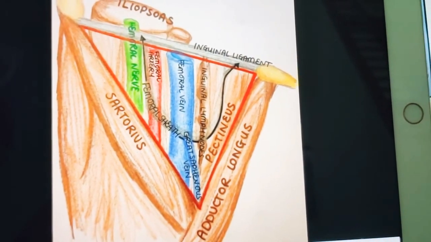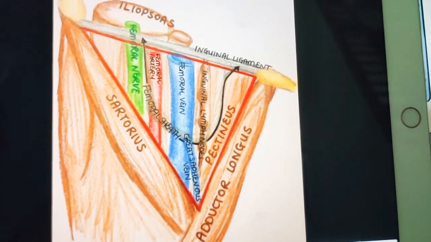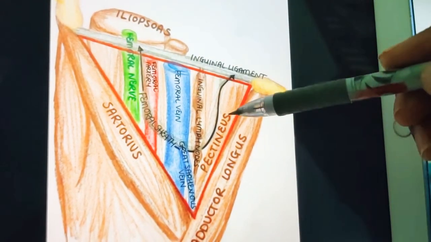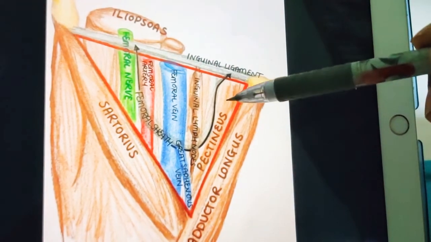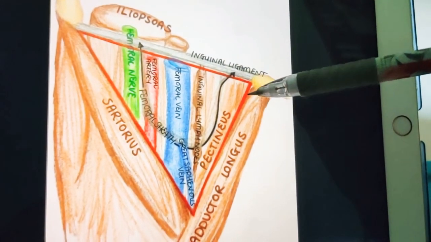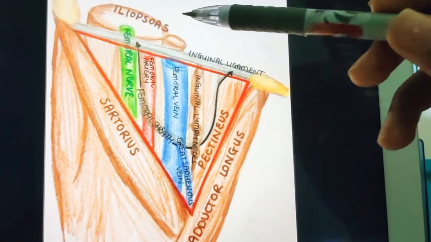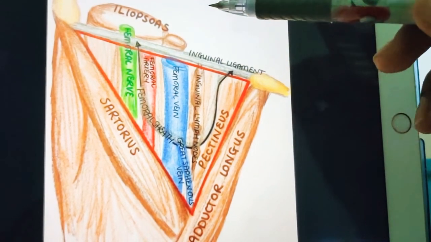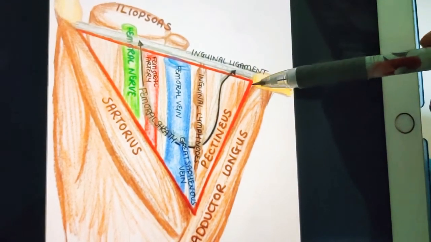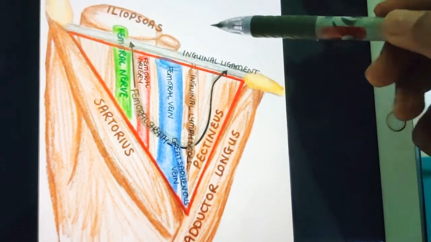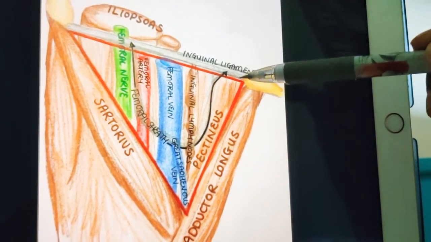Now come back to the nerve to pectineus. Here you have the pectineus muscle, right? So it should also be supplied by a nerve. That nerve arises from the femoral nerve just above the inguinal ligament. It passes behind the femoral sheath to reach the anterior surface of pectineus. So like this it travels. I'm talking about the nerve to pectineus.